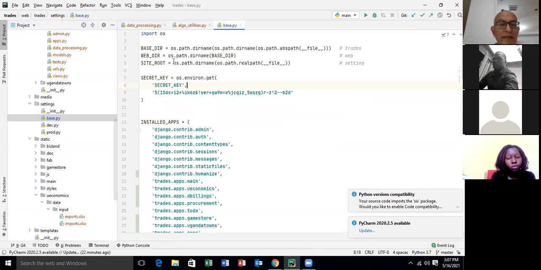And in the base, we have a web directory. This is automatically making sure to refer to the web directory. That's why we wrote web there so that we don't forget. So in another word, when I use settings.web directory, I refer to